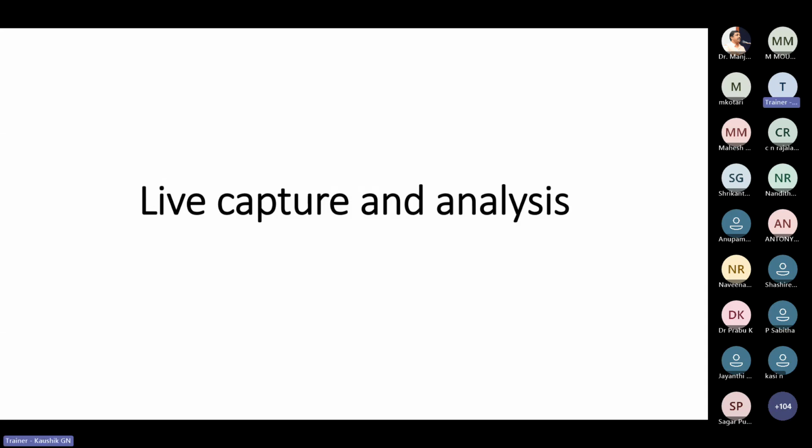So this session will be completely different from the previous session. In the previous session, we talked about the Wazuh tool and the Splunk tool, which are mainly used in the security operations center as SIEM tools, security incident and event management. But here, we are slightly moving towards digital forensics.